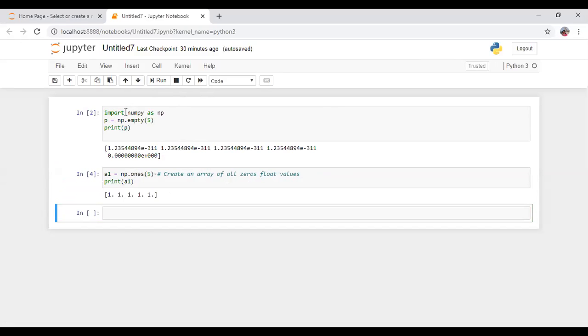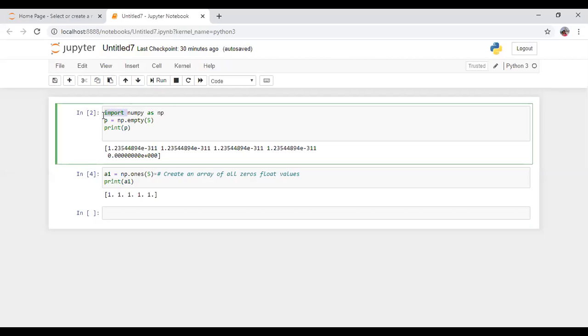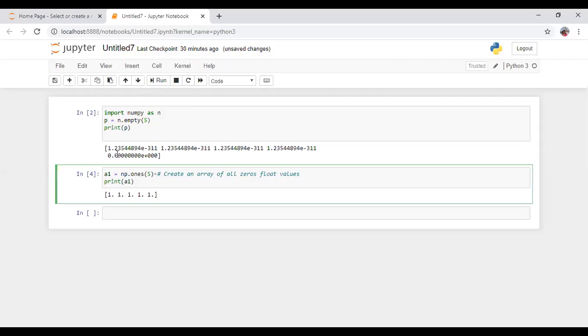You can do a small practical here. First you have to use import numpy as np. Import is a keyword here. Numpy is a module name, as is a keyword, and np is a variable name. I can write n also. So here I have to remove the p.